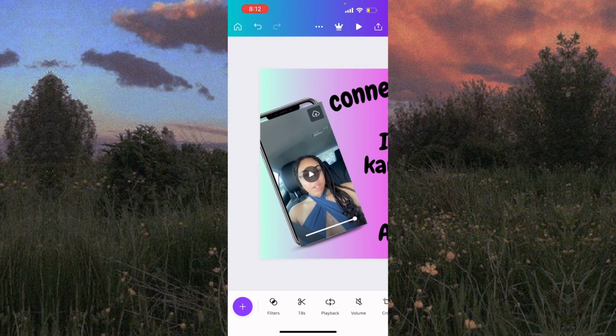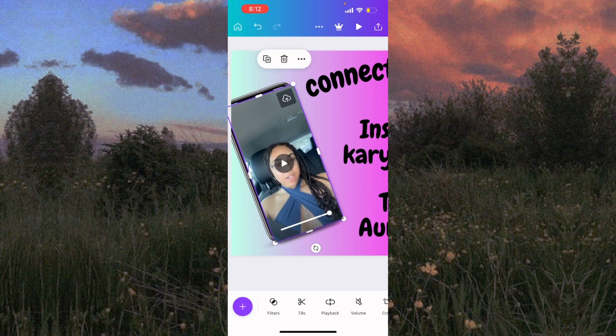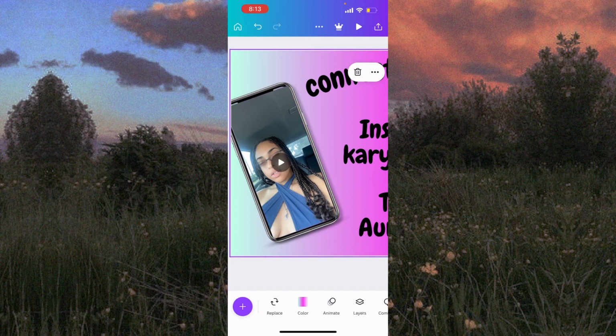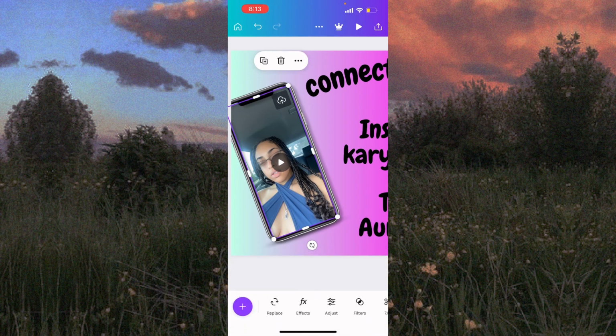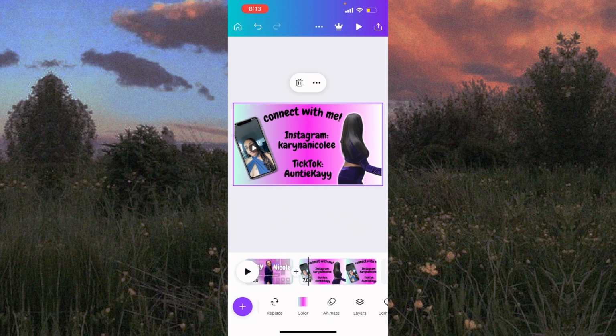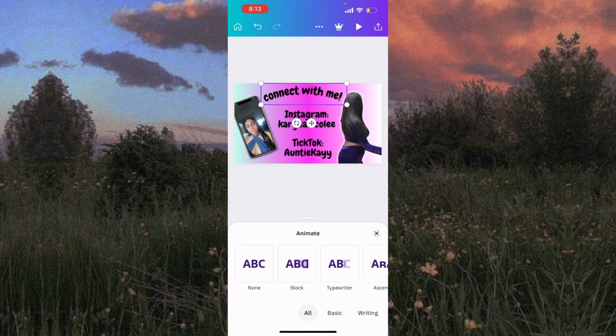So you will have to play around with it, just make sure that it fits in there. I'm going to zoom in now. This is where the time comes in, but you know, hard work does pay off, and it's not like it's freaking hard. You feel me? You can see the corners, they are still like in the way. So I'm gonna click the 3 buttons and then we're going to send the phone back. What did that do? It hid it. It basically fit it into the phone. There we go, boom. Moving right along, we're almost done, and I'm gonna add a little bit of animation to this